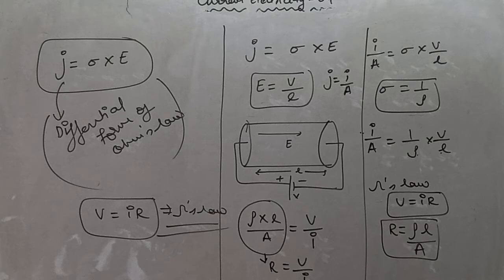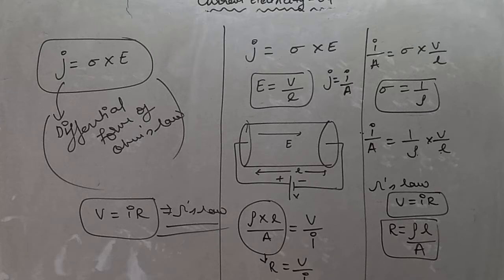Drift velocity is nothing but the velocity which is acquired by a free electron after connecting the conductor with the help of a battery. It is (E/m)τ. Then we'll discuss relaxation time. Relaxation time is the average time of collision between two free electrons present inside the conductor.